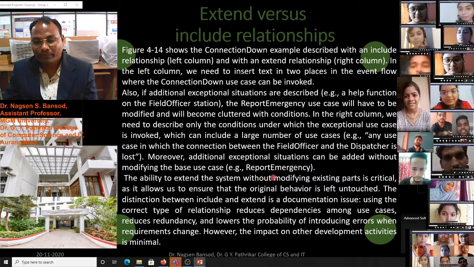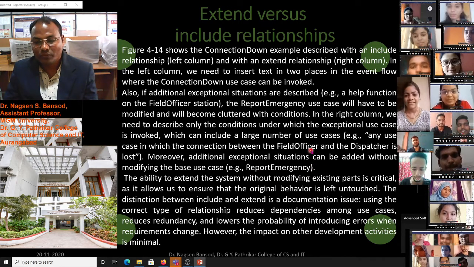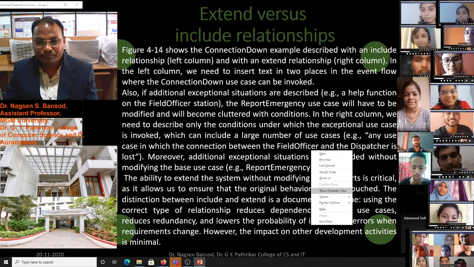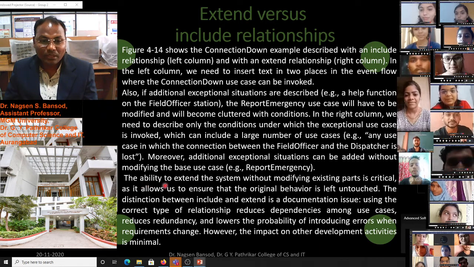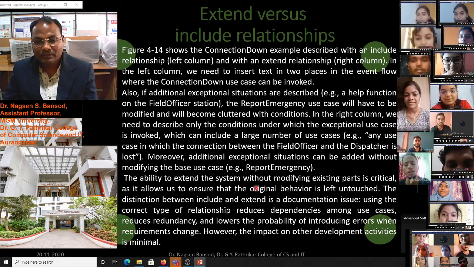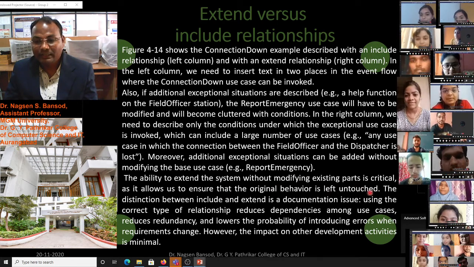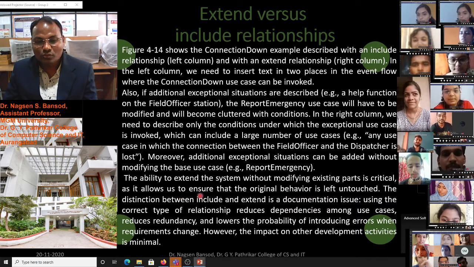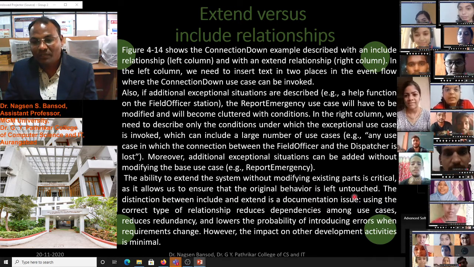Moreover, the additional exception situation can be added without modifying the base use case. Example, report emergency. Without modifying this use case, we create another use case, and that will be the extend use case. The ability to extend the system without modifying the existing part is critical, as it allows us to ensure that the original behavior is left untouched.